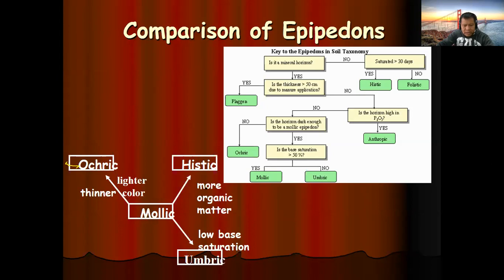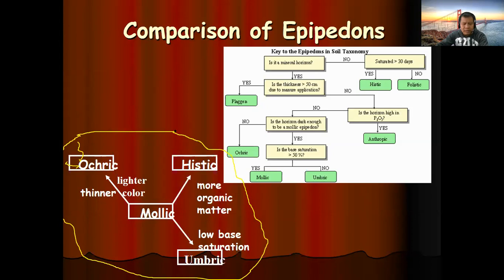Compared to mollic, if it has more than 20% organic matter, then that must be histic. But compared to mollic, if it has a low base saturation, it must be an umbric. So this is how we memorize, how we understand, so that we can easily understand the different surface diagnostic horizons